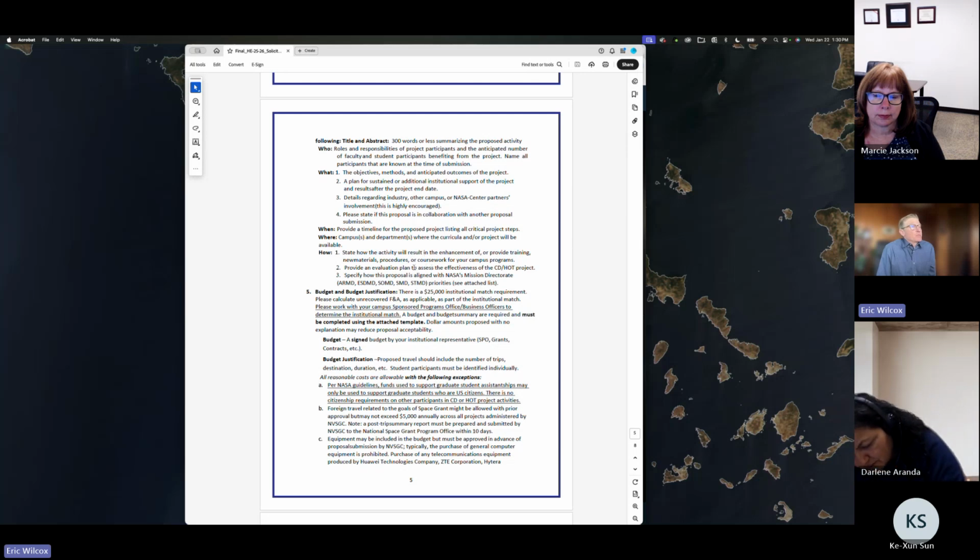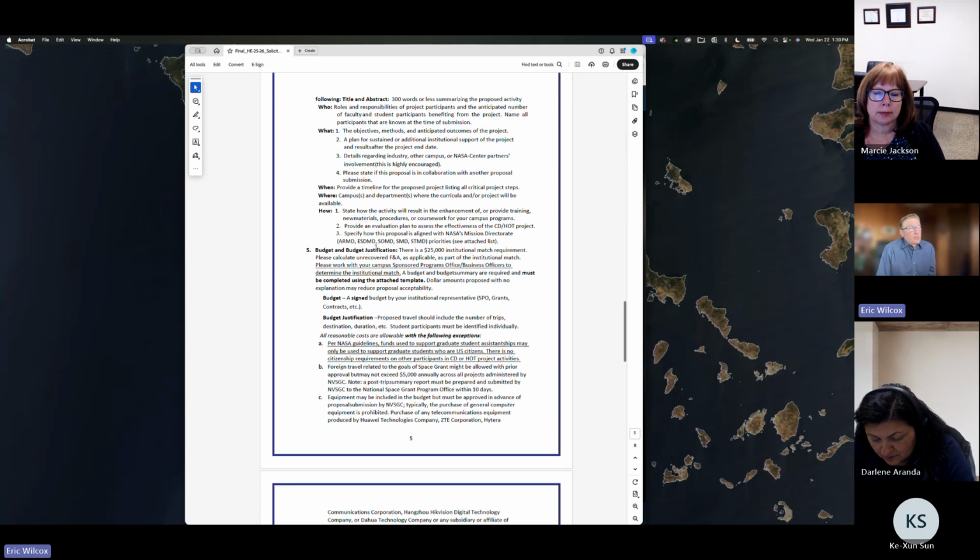And then if this proposal is part of a broader activity that includes funding from other sources, please include that information. When, please provide us a timeline for the project. Where is the project going to take place, particularly if it's not on campus, some details about where,